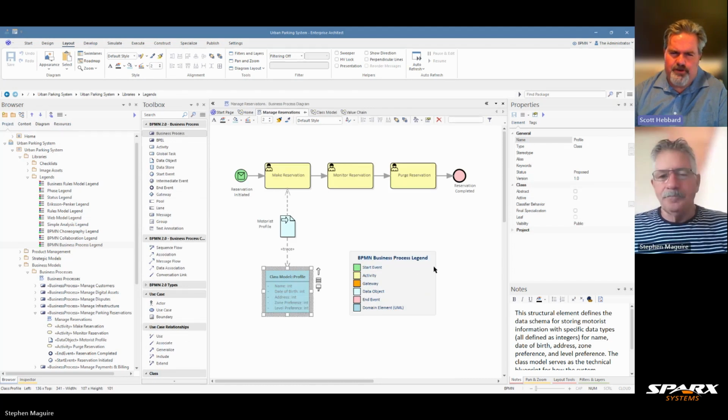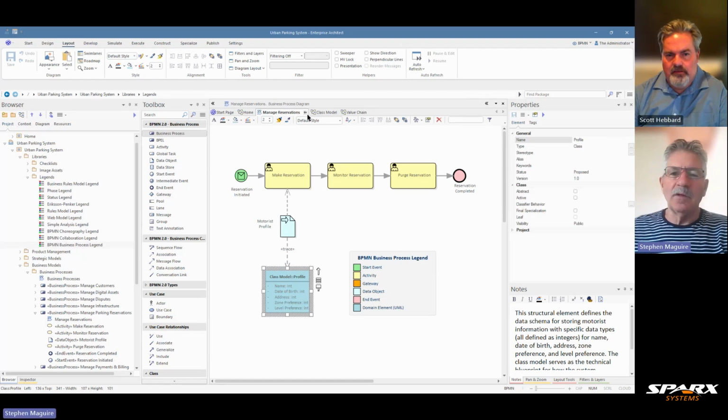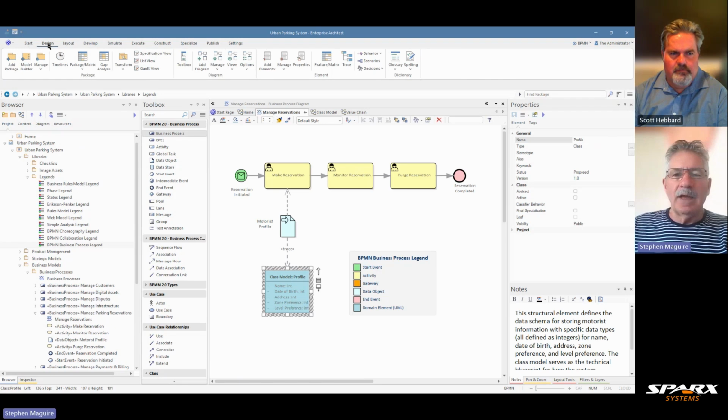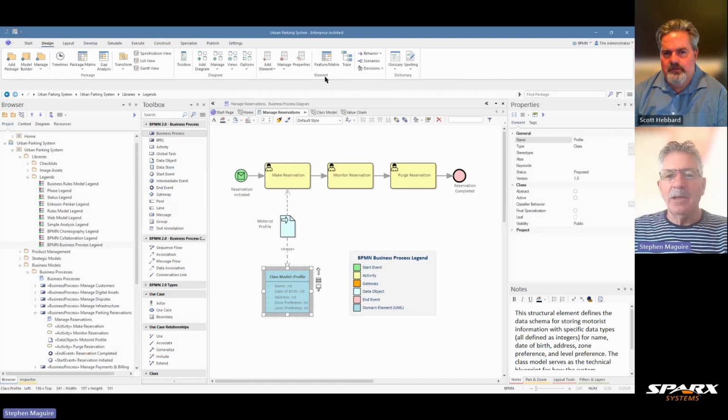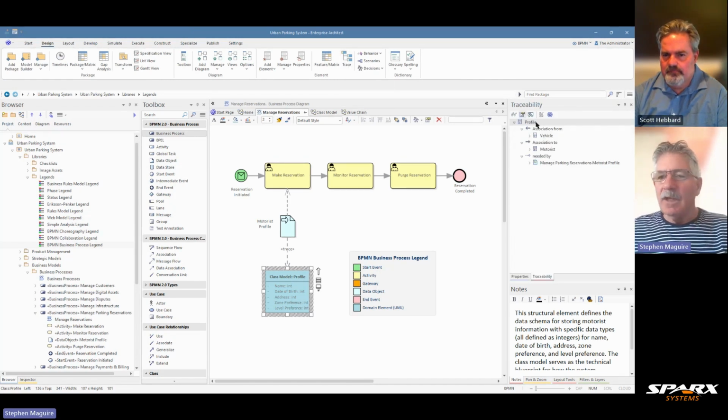But could you perhaps show how you could trace from one of those higher level elements, say on the value chain, all the way down to a business process? Yeah, so we've done that with the drill down, Scott. We have a traceability window that's available as well. Now, we've got a number of ribbons here, and I can choose the design ribbon there and look at the traceability window. So it's on the element panel, and I bring that up,